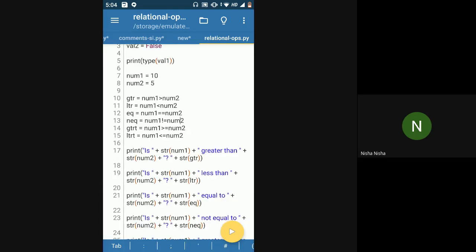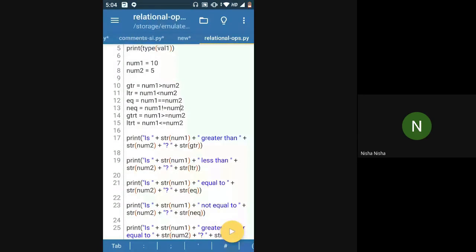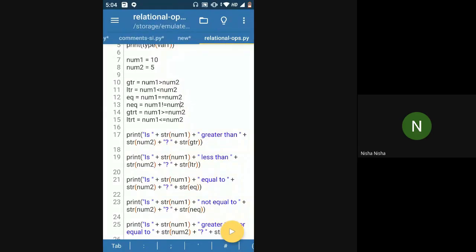Can anyone tell me what will be the output of all six relational operators that we have used, and what will be the answer for all of the six lines from line number 10 to line number 15?